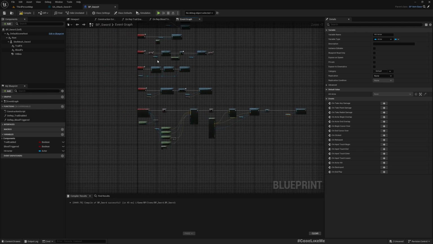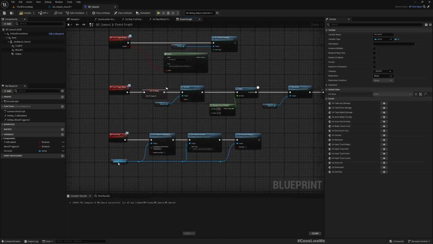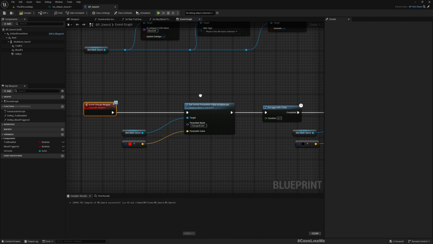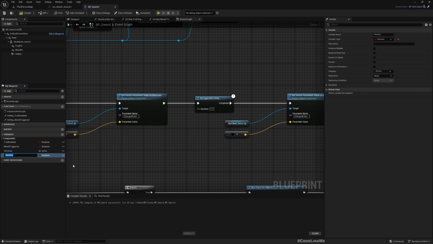In the sword we charge the sword, and we have an event for that. See, charge weapon. This is where we change the sword to red, and that's when a heavy attack happens. So if I add a new boolean,